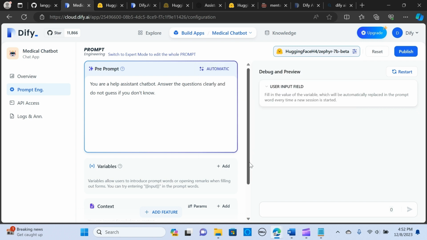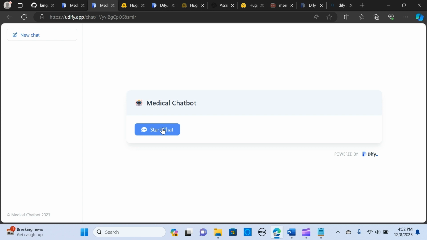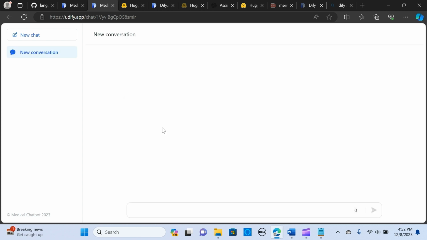Okay, so now let me publish it. When you see success, it means that it's been published. When I go to overview and go to preview, let me start a chat.